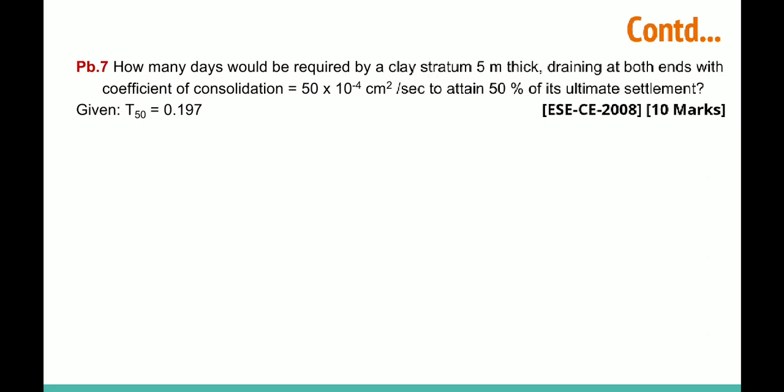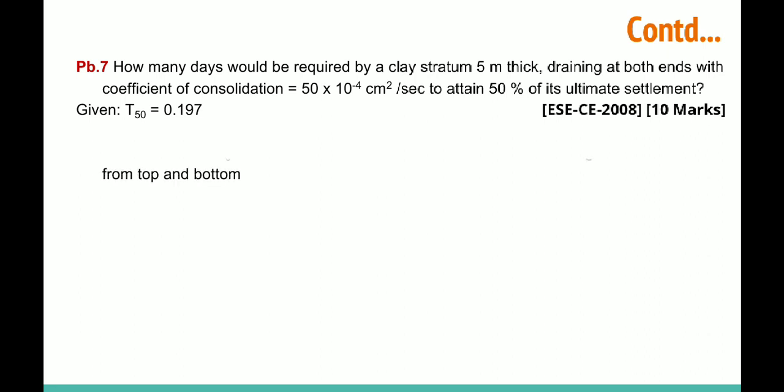Whatever data is mentioned, like the unit weight of water or the Tv value, we have to take that. So better you take that value only, and don't go for calculation. Otherwise we can calculate it also, as pi by 4 into U square. Here T50 is mentioned, so we will use this value.